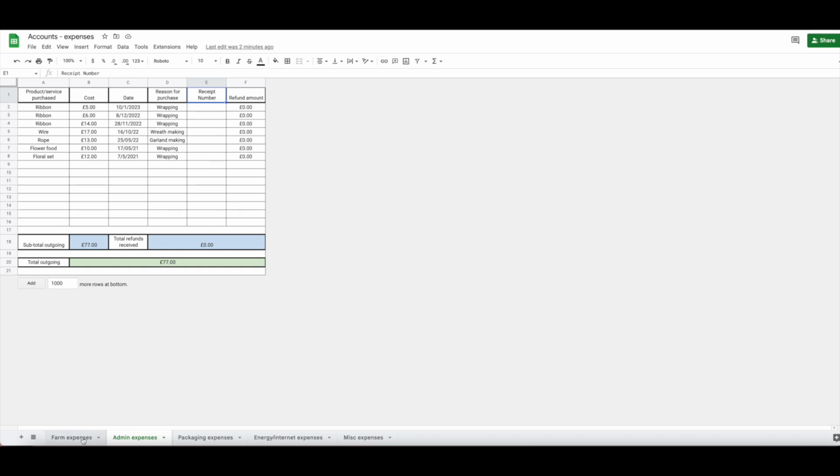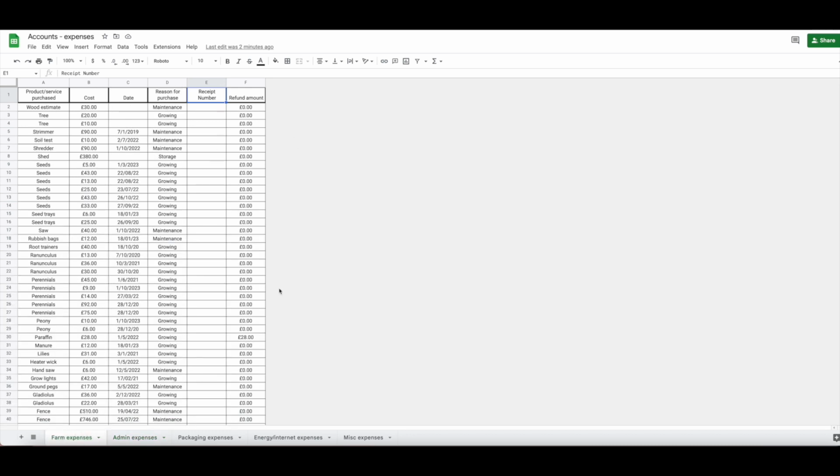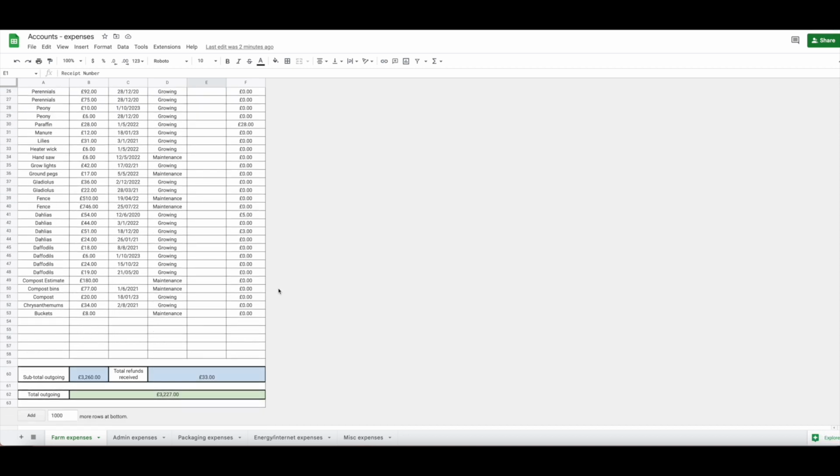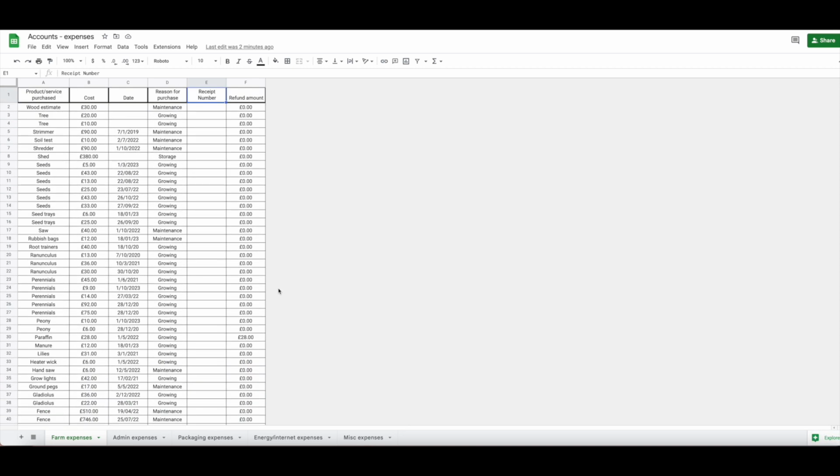Now this is the big one, and this is where we really come into kind of how much does it cost to start up a flower farm. I will go through each of these expenditures one by one, and then kind of talk about the setup costs in general. So to start with, wood,